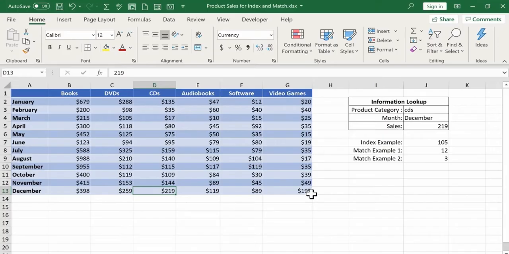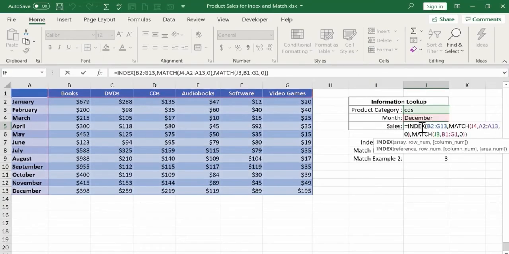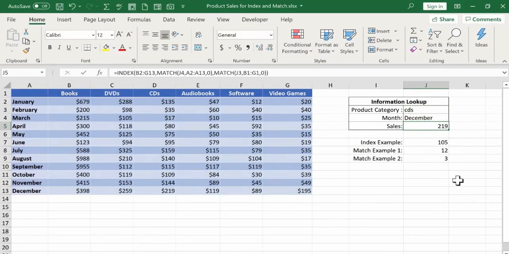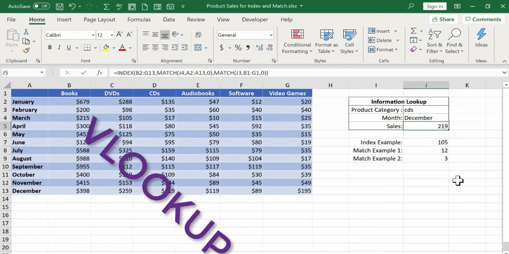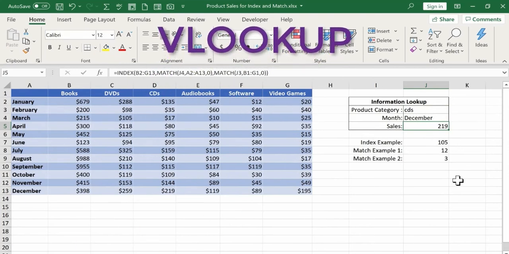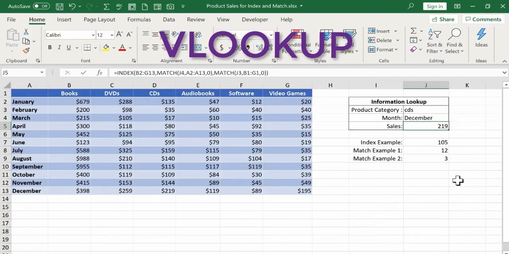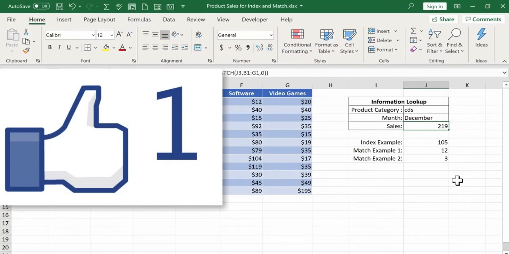Left parenthesis. Now Excel is looking for a lookup value. I don't know what that's going to be. It's a variable. It will change, but it will be located here. So I click there. J3, comma. What's the lookup array? What will be searched in order to find DVD or books or CD? Well, it's this range here. Comma, what kind of